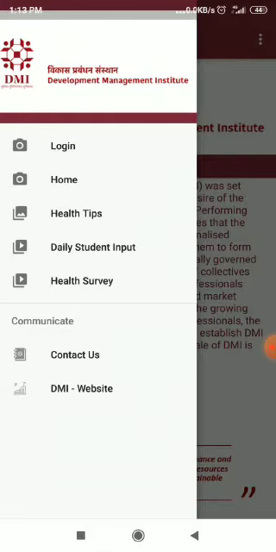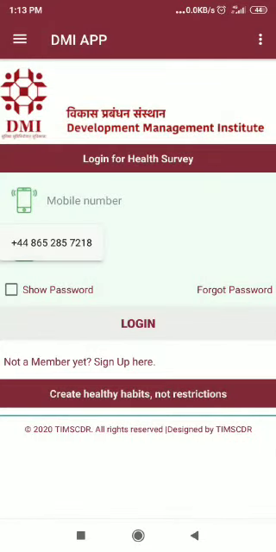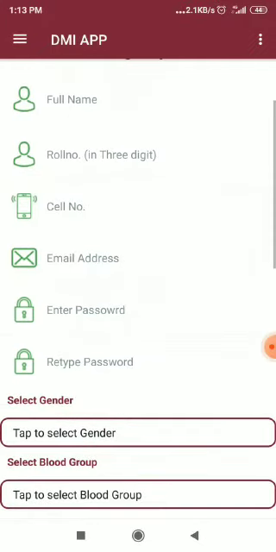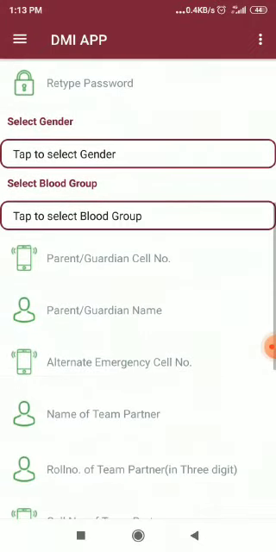So, once you go in login, it will ask for your mobile number and password. Now, if you are using this app for the first time, you click on "Not a member yet, sign up here." This will redirect you to the sign up page, and here you require to include all the details regarding your